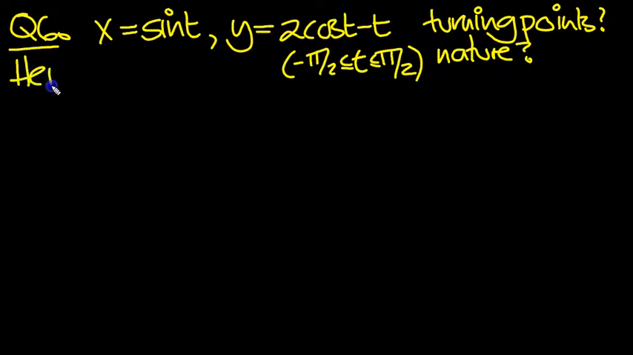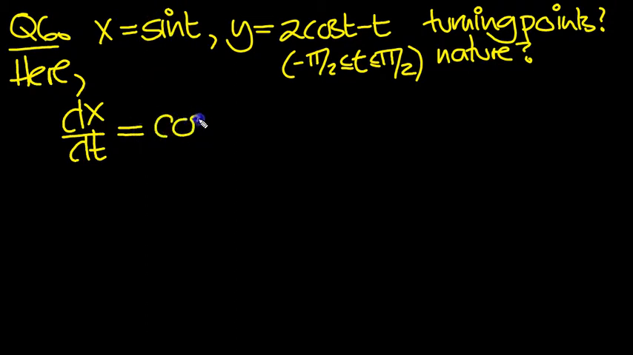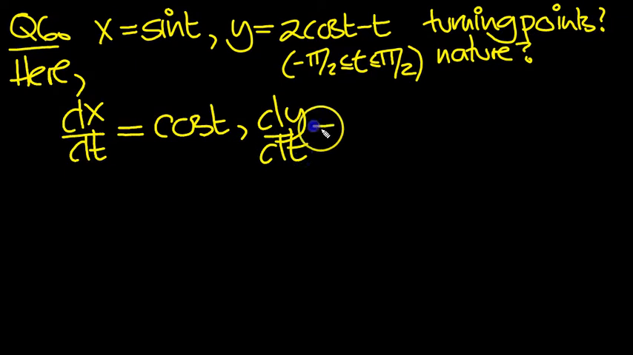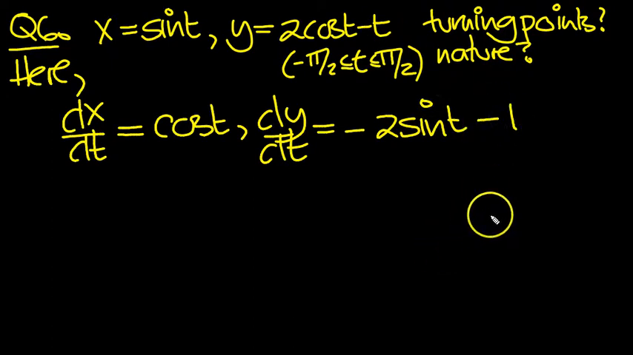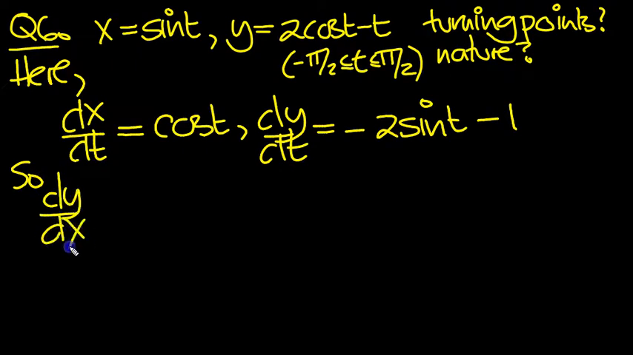So here, let's get dx/dt and dy/dt first then, as is customary. Sine differentiates to cosine, dx/dt. For dy/dt, cosine goes to minus sine, and there's two lots of that. t goes to 1, and there's a minus in front. So, dy/dx then is equal to dy/dt